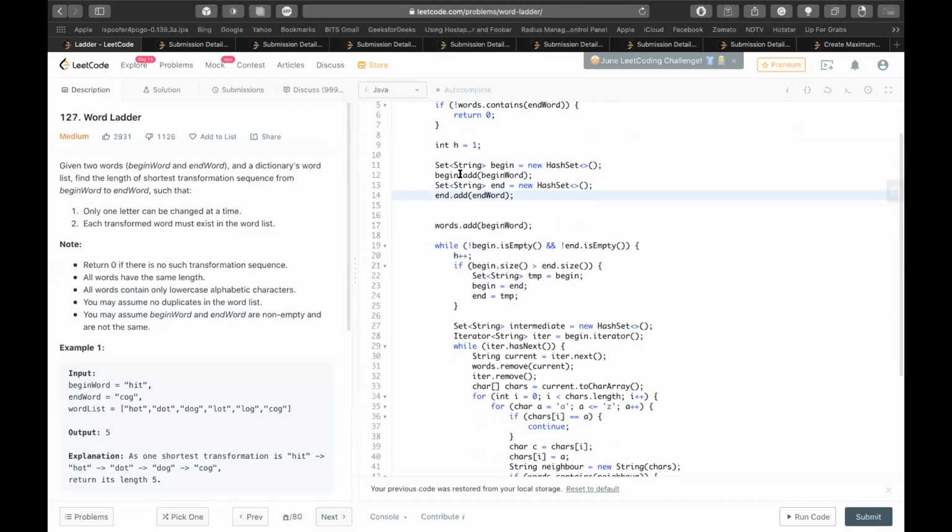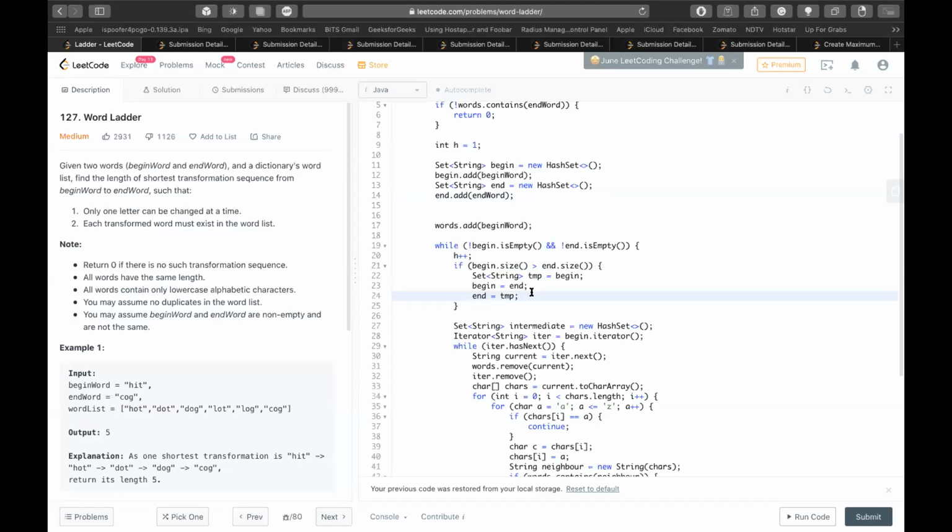So the begin set starts with the begin word and the end set with the end word. Sorry, one question. When you are using a set as a queue, how do you dequeue, and how do you distinguish levels? In the queue you might have elements of level 1 as well as some elements of the next level.